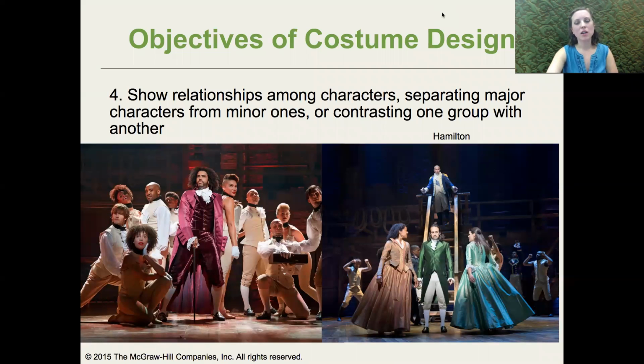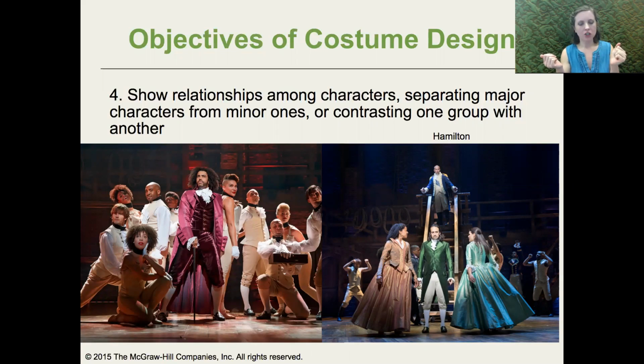All right, so number 4 objective of a costume designer is to show relationships among characters, separating major characters from minor ones or contrasting one group with another. So this is the Broadway musical Hamilton by Lin-Manuel Miranda. This is not one that Anna worked on, but it's pretty famous. You guys have probably heard of it. I thought this was a great example to show the relationships among the characters and show major characters being separated